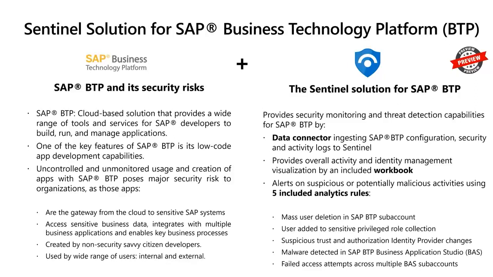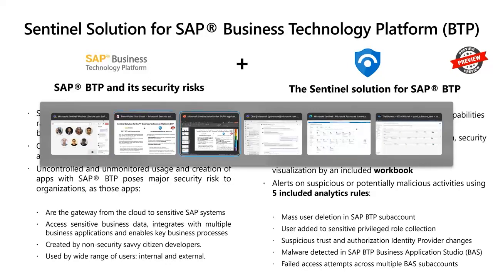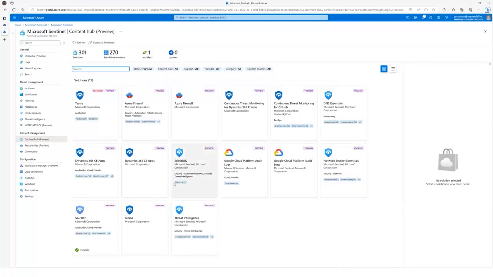And it also provides today 5 analytic rules that are alerting on suspicious or potentially malicious activities in SAP BTP. And yes, it's only 5, but we are looking to expand it to many more. And we are looking for your feedback and your requirements in terms of additional analytic rules that you would want. I won't go through the list. I'll just dive right into the demo, and we'll show you the solution, how it looks like, and what's the